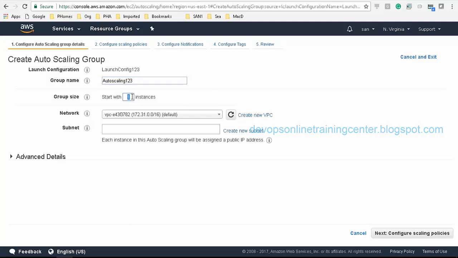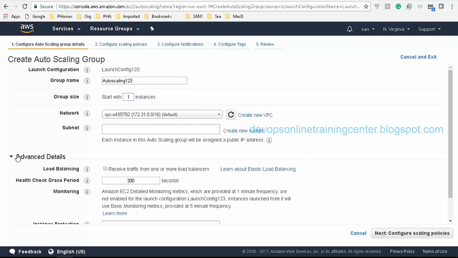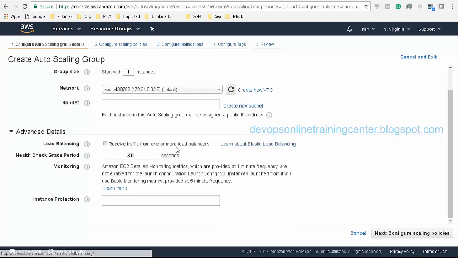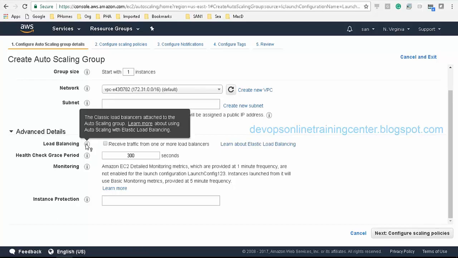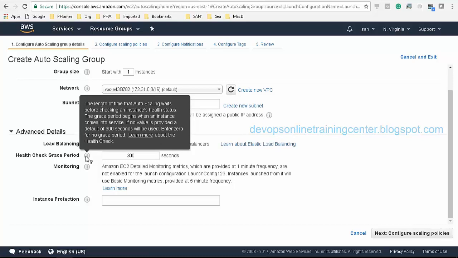Start with one or two instances. We can specify this is the minimum number of instances, right? This and all I'll keep default. We'll come to this load balancer. Okay, health check period.